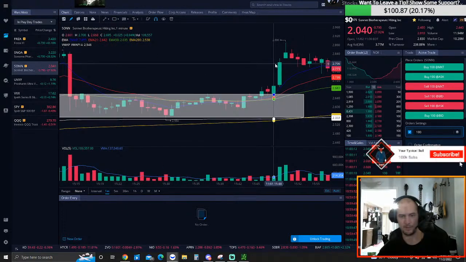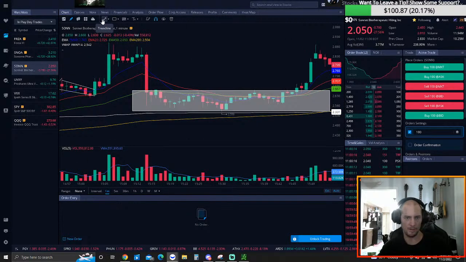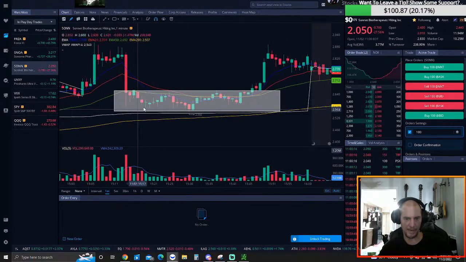And then the other setup here is a consolidation breakout. So this one's pretty standard as well. So 2 ways to get involved in this. You could just buy when you find the support. So like here, support, support. If you buy here at 255,